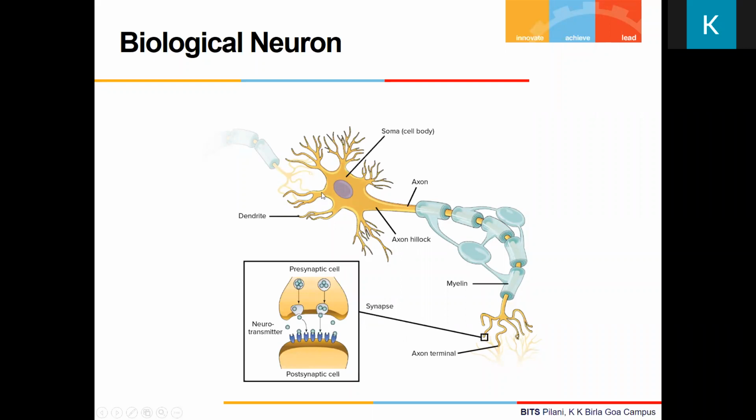Now, as I said, this guy is connected with many other neurons. When they fire, the chemicals are released. That creates some kind of voltage at the receiving neuron. All the voltages from all the neurons connected with this particular neuron get summed up at a place called the axon hillock. So they get added, and that voltage will be propagating through the axon. That is what we call the action potential.